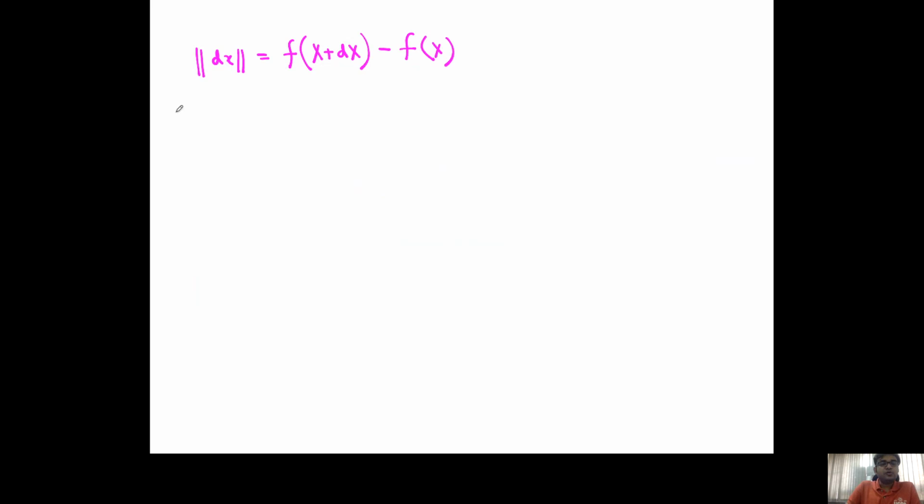Now what we are going to do is we are going to use the Taylor series expansion on the first term. So if you do that, what do you get if you use Taylor series expansion? So this dx is there. So first it is f of x